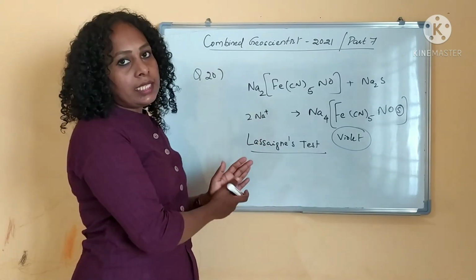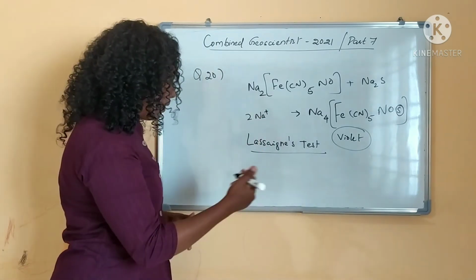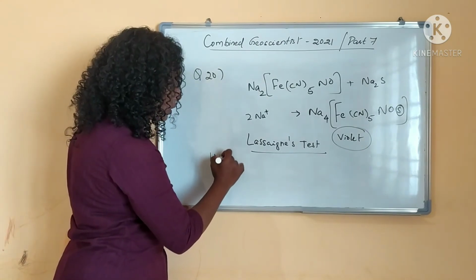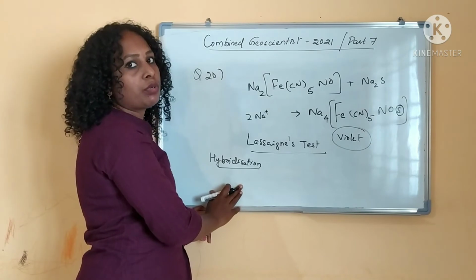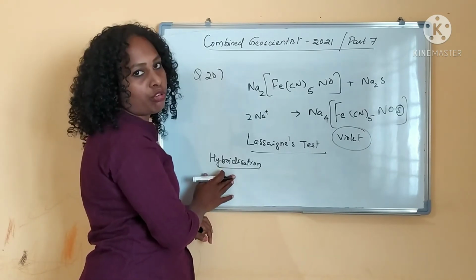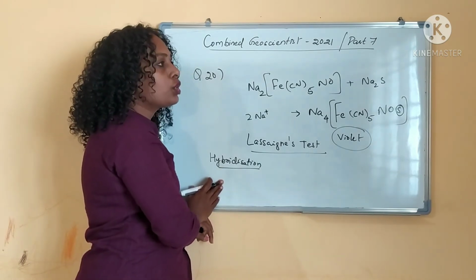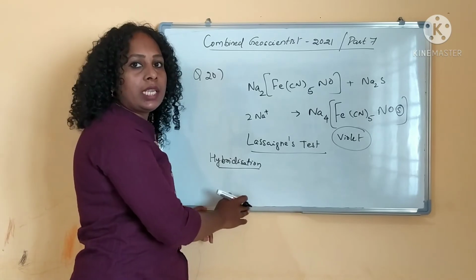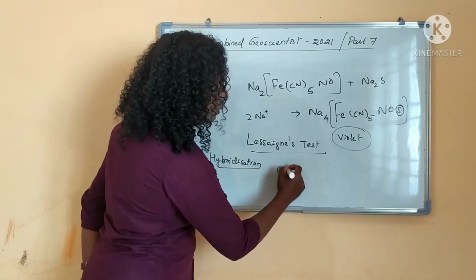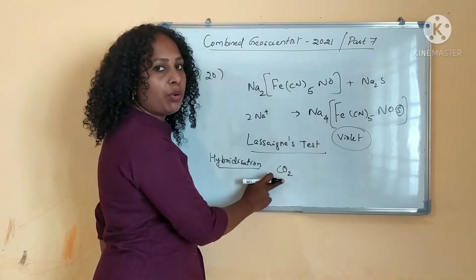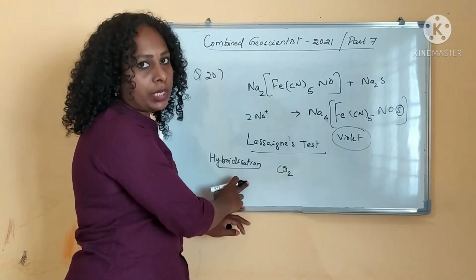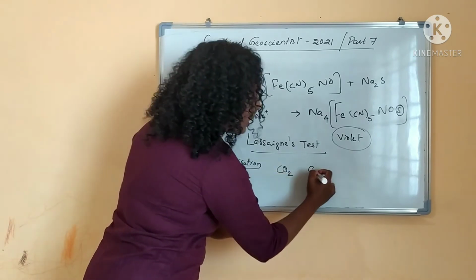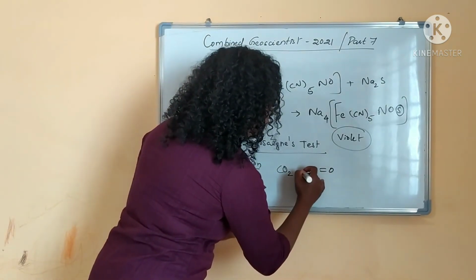And other than this, I would like to take one more topic, hybridization. It is very easy to find out, as all of us know how to find out the hybridization of a molecule if they are giving one. So I will explain what hybridization is. I am taking an example, CO2, and explaining how to find out its hybridization. Hybridization means bonding description. CO2, what is the structure? C double bond O, C double bond O.